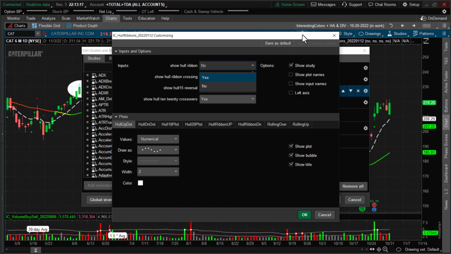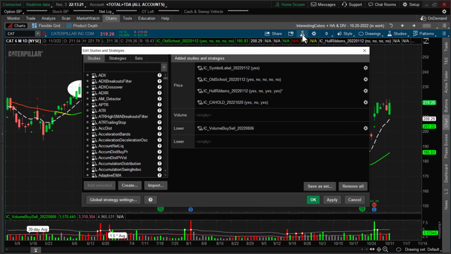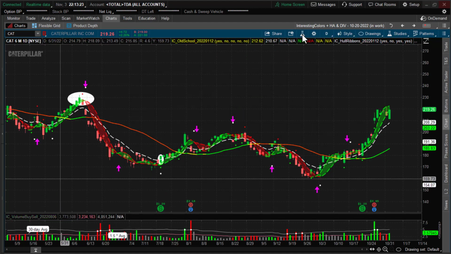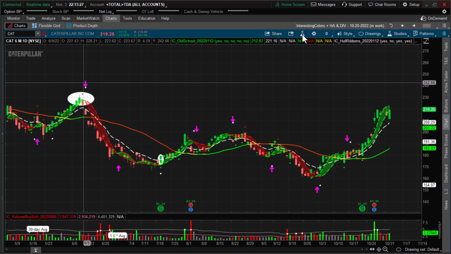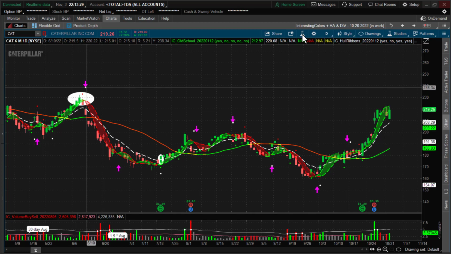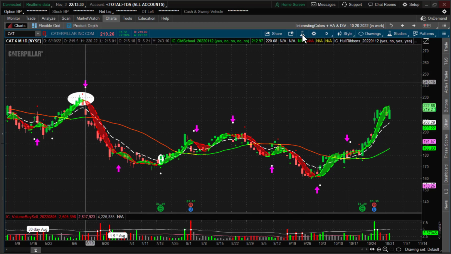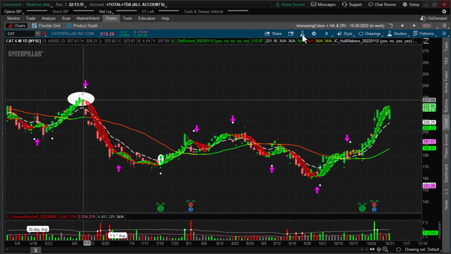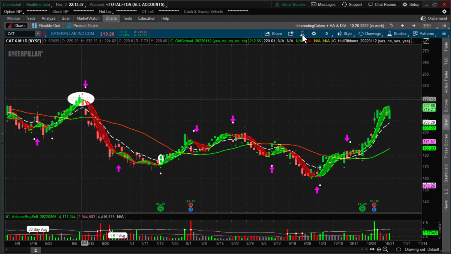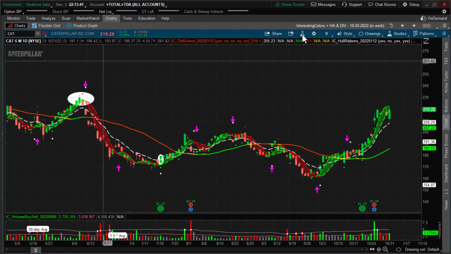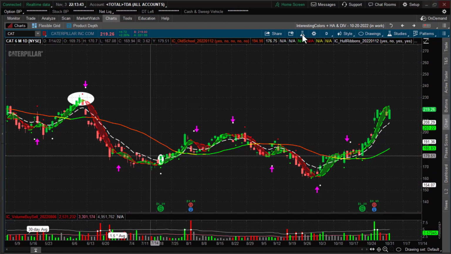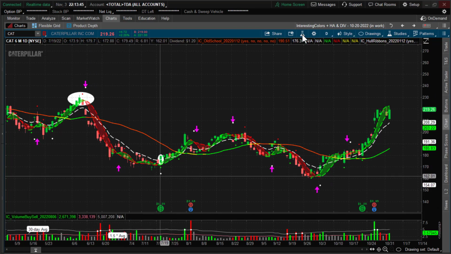It clutters up the chart quite a bit, but the point is, this is what we were talking about. The white dot is the Hull 15 reversal, and the maroon arrows represent the transition of the 10-day Hull crossing through the 20-day Hull. So these can happen,